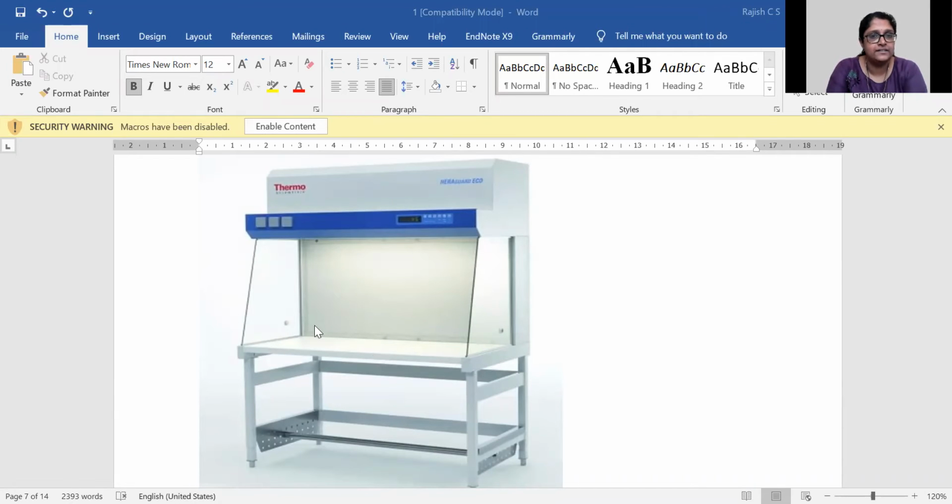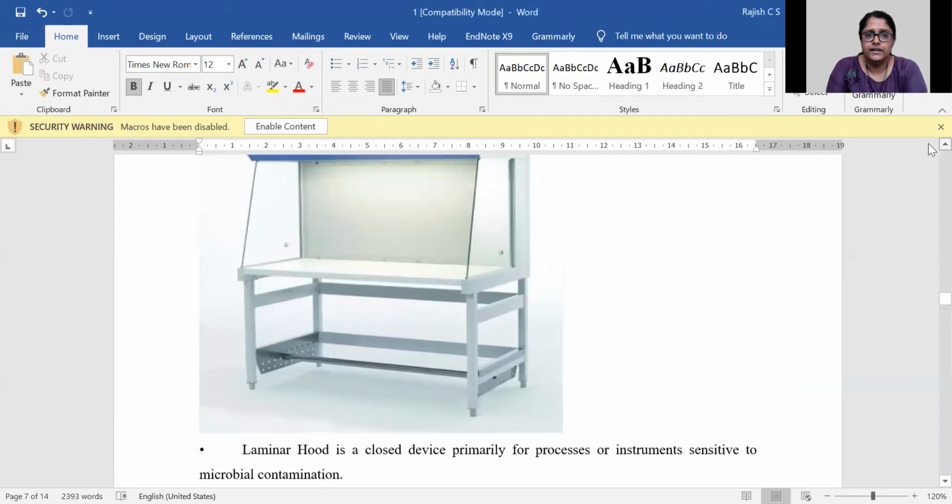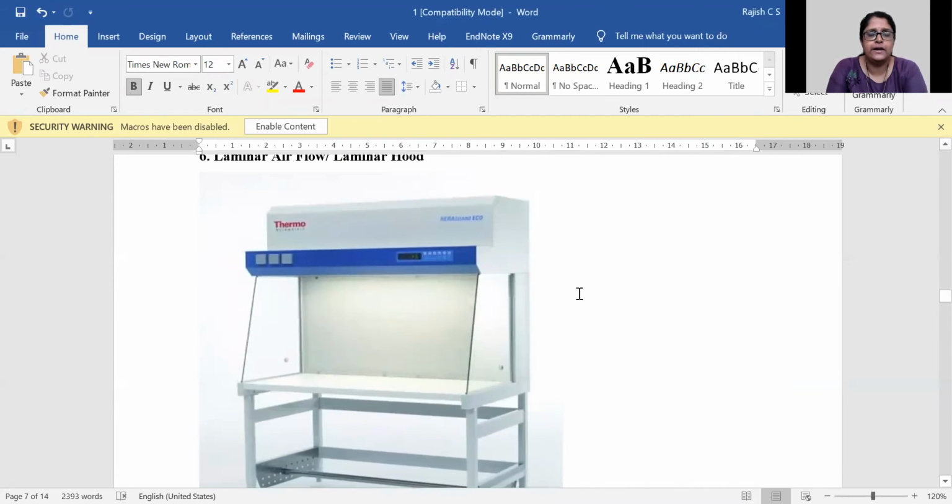This will have a glass lid, and once you open it, there will be a HEPA filter that works on the principle of a high efficiency particulate air filter. There are different biosafety levels for each of these cabinets.